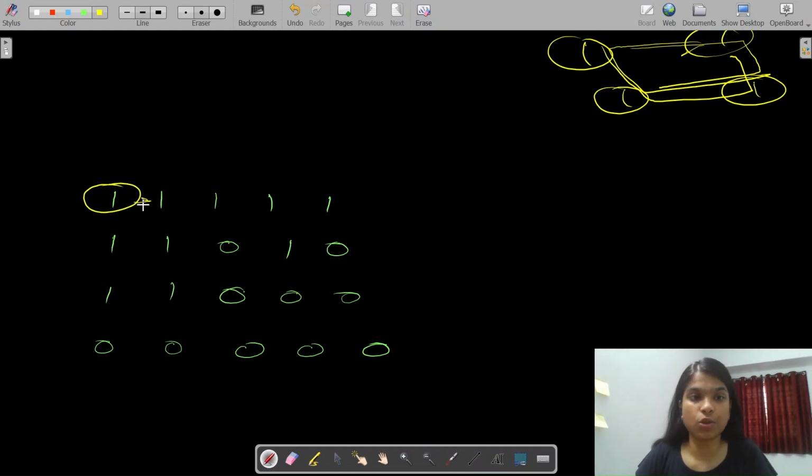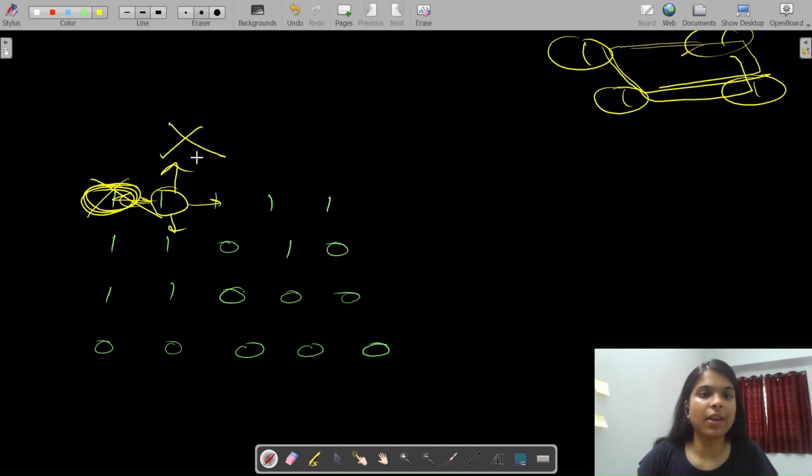now here we can start traversing from this land, or we can say this node. Now from this node we can reach this node. Now from this node there are four possible directions. So now we will check. If it is visited, then we will not go here. If it is invalid, then we will not go here. Yeah, it's land, so we will reach there, we will reach there.